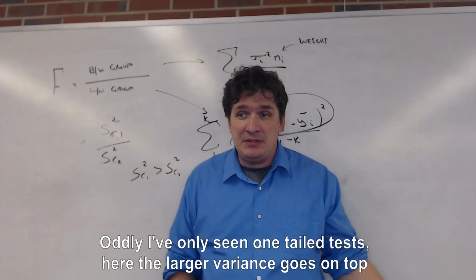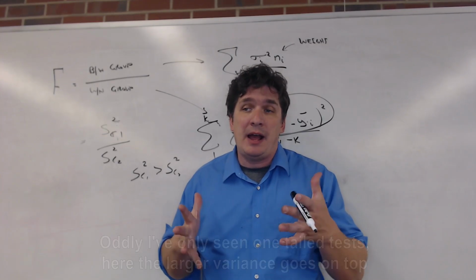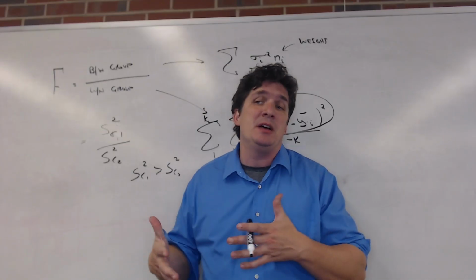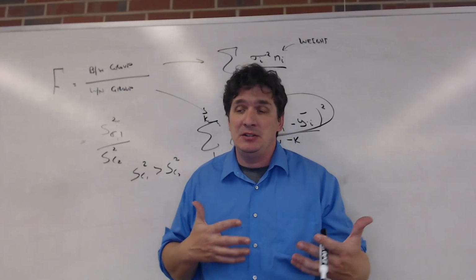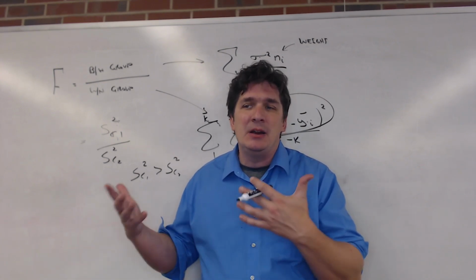But this is all an F-test is doing. It's saying that if we compare the variances of different models, how do they work? How do they compare? And can we use the variance of one model to explain the discrepancy in the variance of the other? Or if not, then that one model must be demonstrably better at representing the data than